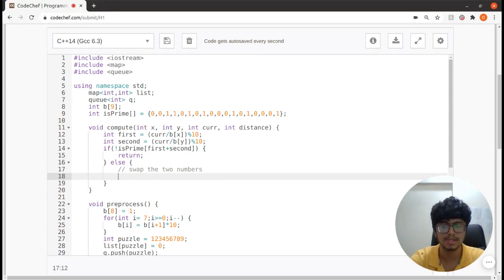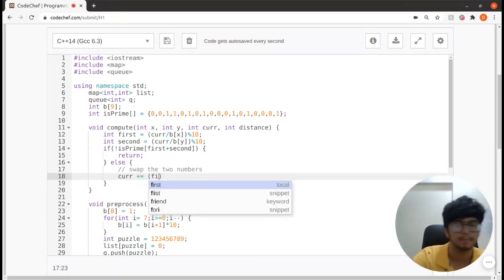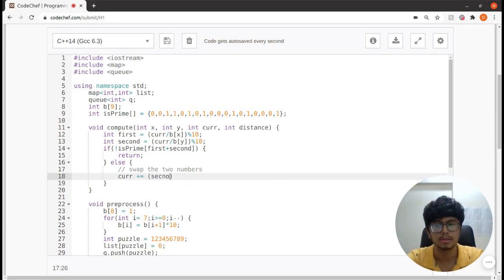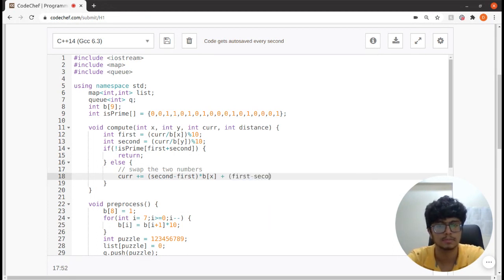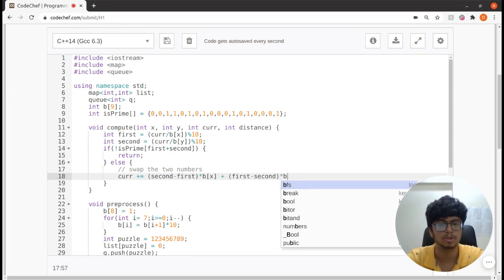So what I would do is, I'll just say current plus equals second minus first into b of x plus now first minus second into b of y.